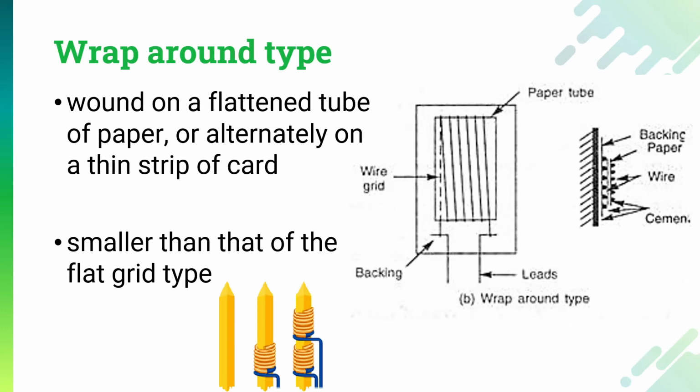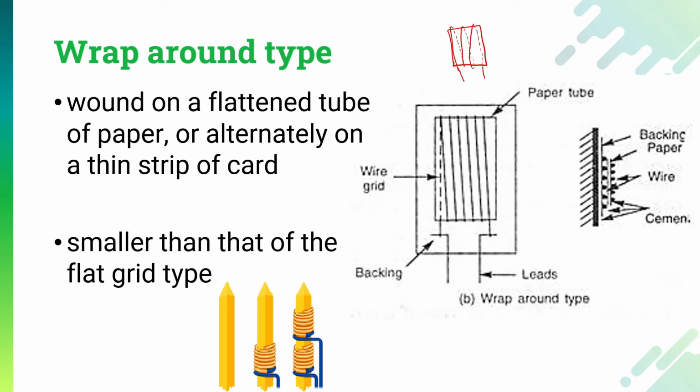Now in this type of strain gauges, the wires or leads are basically wrapped around a paper tube. So what is going to happen? This is a material. On this material, the wire is going to start to wrap from the top like this. Then it will return from the back side. Once again, it will be wrapped on the top and return from the back side. So this is what is going to happen in the wrap around type of material.